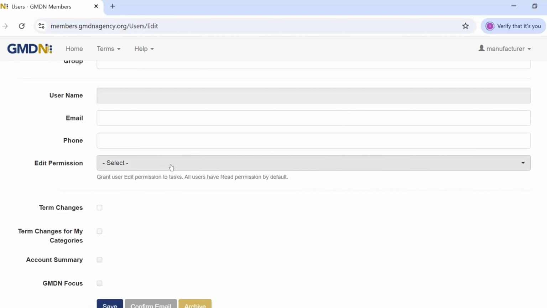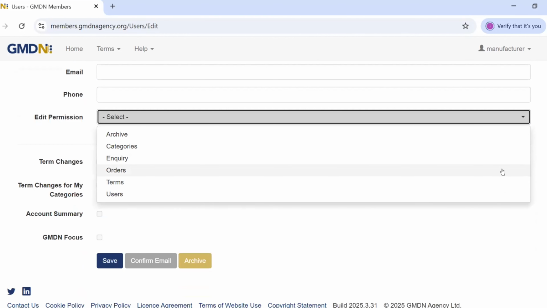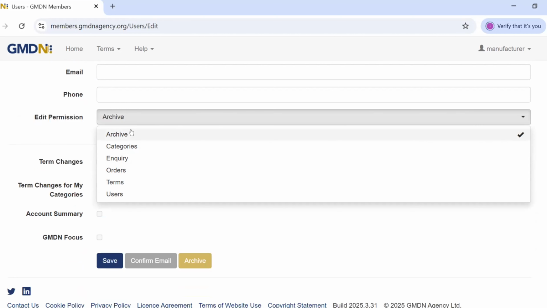Fill in the details. The username and the email address are the same. So, you know, expect to see that there. There doesn't need to be a separate username added. Now, this is the permissions section. This is where we can enable colleagues to perform certain tasks. So there are 6 different categories of these permissions, and you can select none of them, all of them, some of them. But just to go through, if you've got the archive permission enabled on your account, that means that